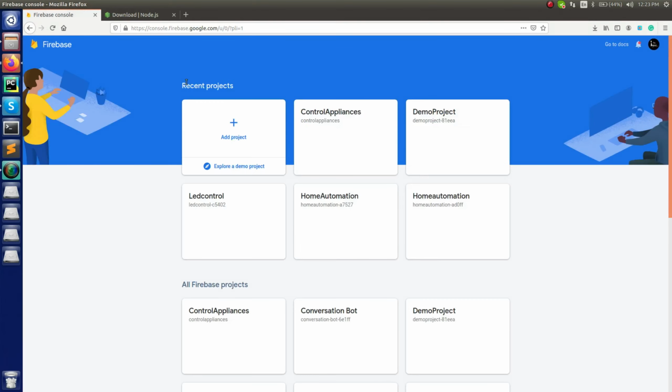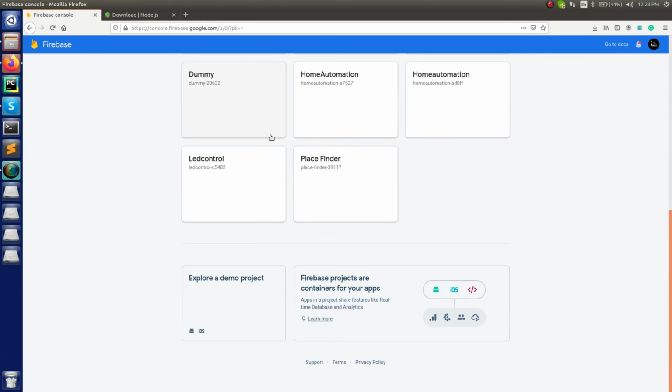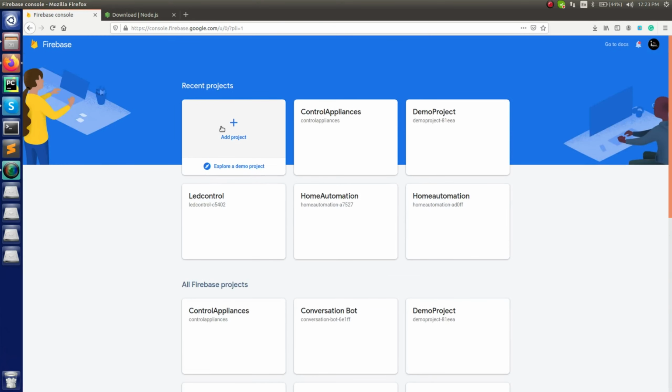So here you can see recent projects or something. There are many projects which I have already worked on, and for making you aware and making you clear about this concept, let me just create a new project so that at least you should understand how we are working on it. And also, if you're not aware of how to create a project on Firebase, then that's okay.